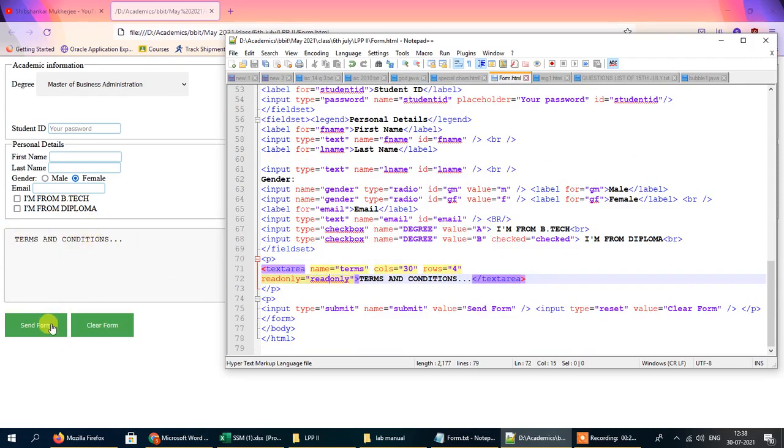After that we've got two buttons. The first button is called send form and the second one is called clear form. The send form button is of type submit. So this is another kind of input which is submit type, and the name of the field is submit. Okay, and the value is send form.